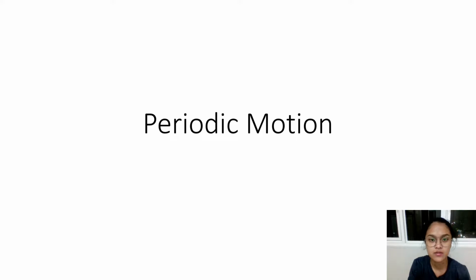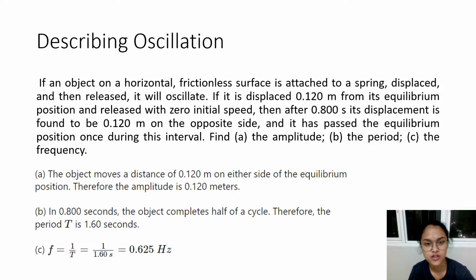Hello, so today we'll be discussing periodic motion. For this item, it's about describing oscillation. If an object on a horizontal frictionless surface is attached to a spring, displaced and then released, it will oscillate. If it is displaced 0.12 meters from its equilibrium position and then released with zero initial speed, then after